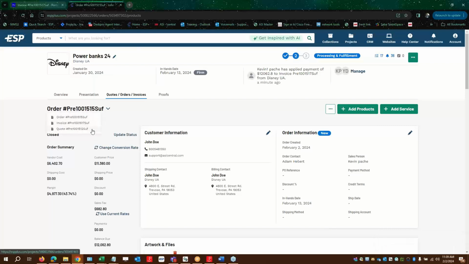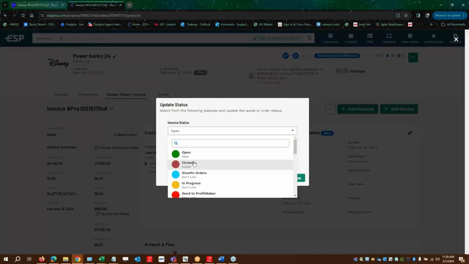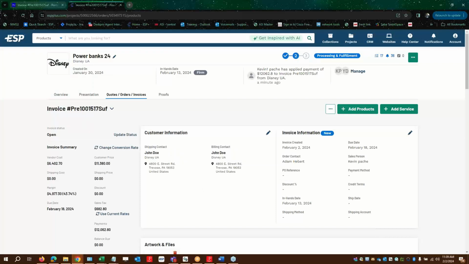And then let's go to invoice lastly. Now we indicated that the payment was made, so there's nothing else we need to do with this invoice aside from closing it. So let's update the status. Closed. And we're all set. So now this invoice, quote, and purchase order has been closed. Like I said, you can continue creating quotes and orders. That's fine. But if you're not using this project anymore because it was specific to something or specific to an event, then you can go to the three dots,